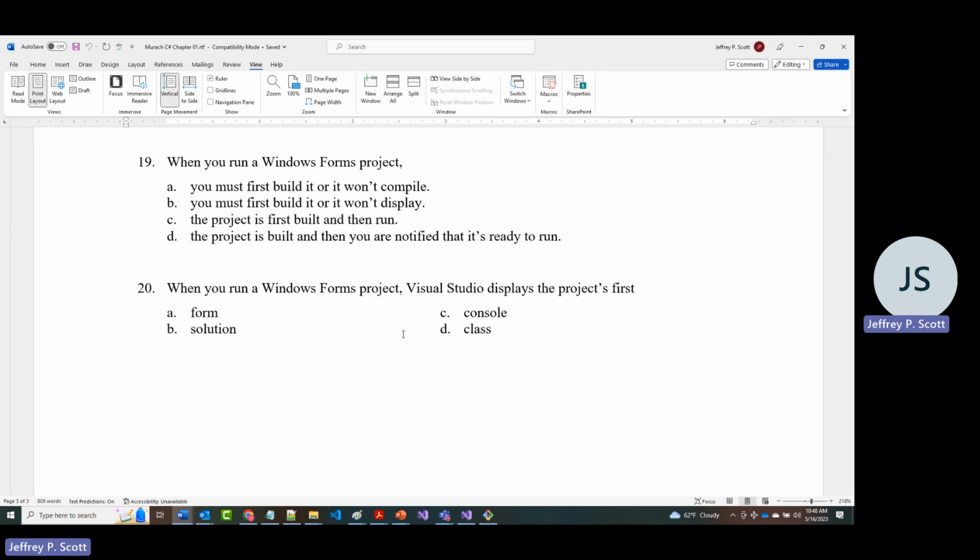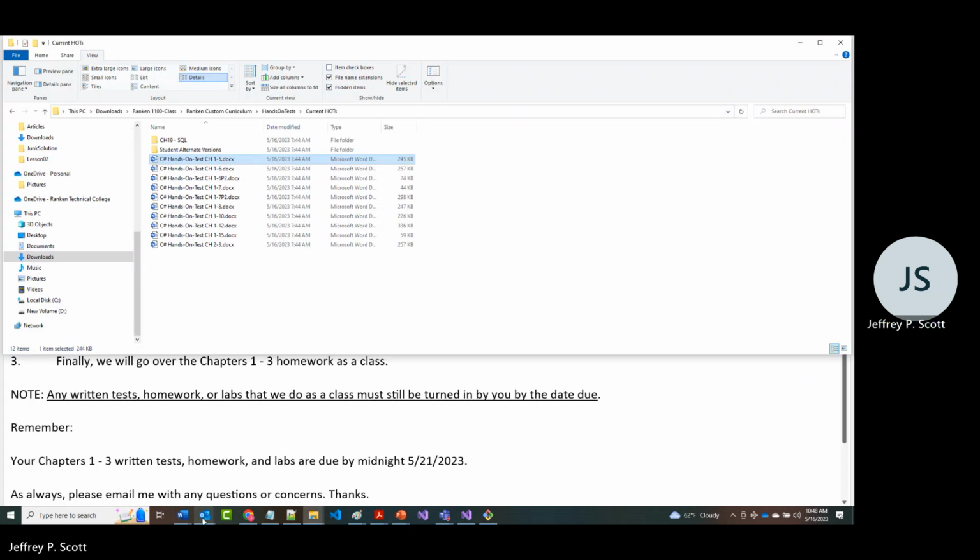Number 20, when you run a Windows Forms project, Visual Studio displays the project's first A, form. All right, I'm not going to repeat any of those. If you need them repeated, go back and view the tape once again. So that is